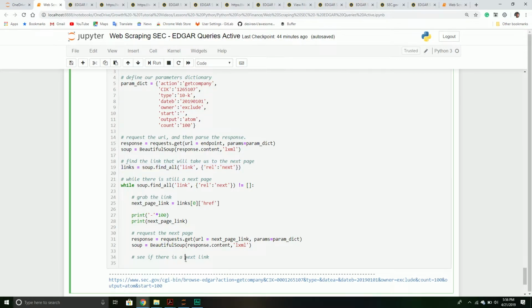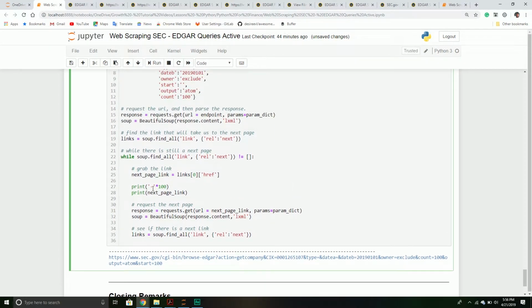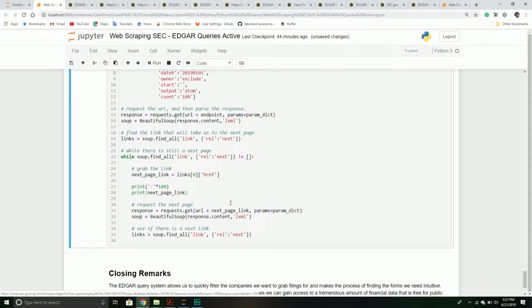I'm just going to see if there is a next link. Okay. So keep going while there's a next page link. If there is a next page link, get the href, print it out for the user so they know it's there, make a new request, and then try to find the link again. This will keep going as long as there's a next page link. So if I run it,